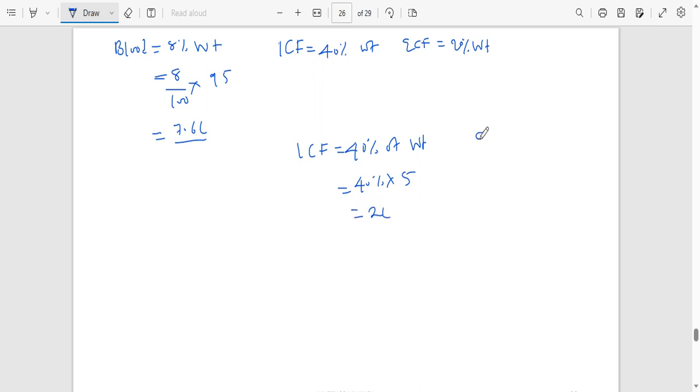And then ECF is 20% of the weight. That is 20 out of 100 times 5. And that is going to be about just 1 liter. Okay, so that is going to be it. So we can see that the ECF is smaller, of course, than the ICF. So that is true. And then the next question,